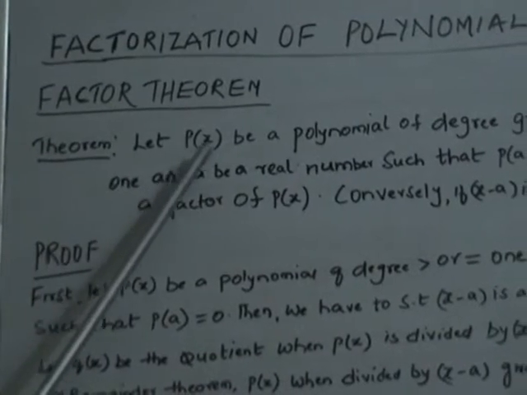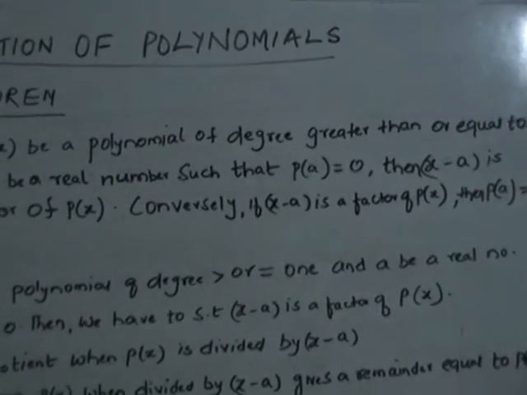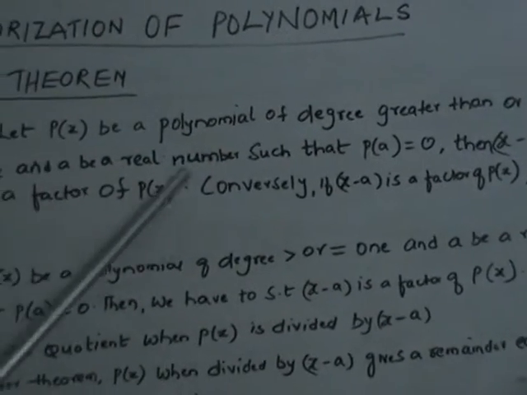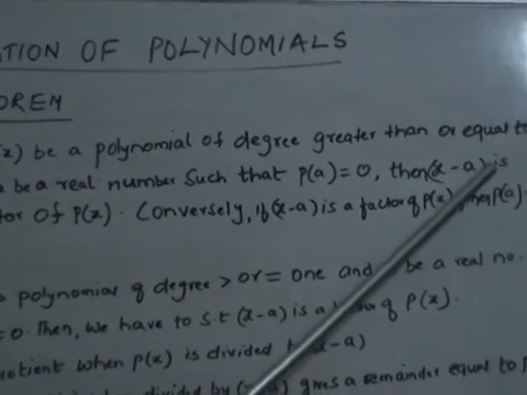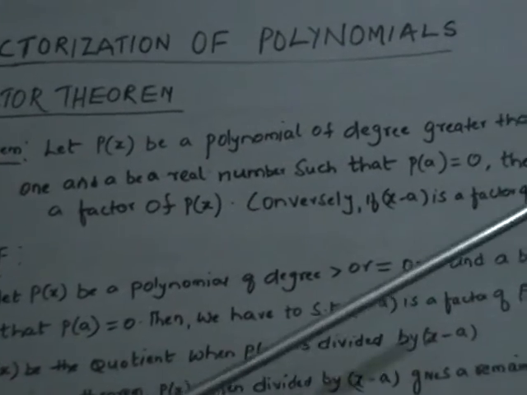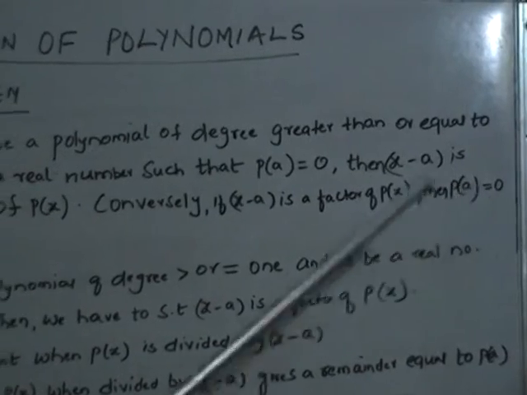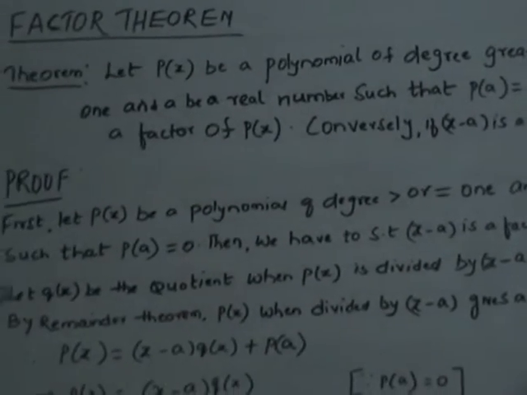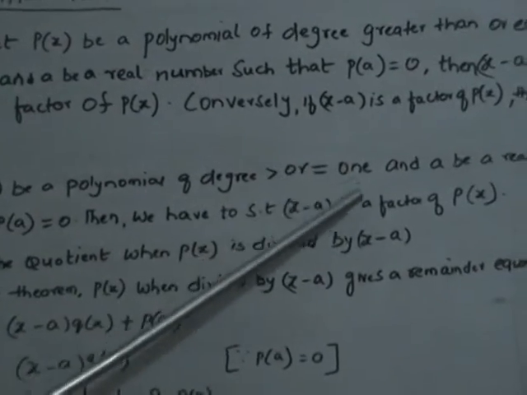Theorem: let p of x be a polynomial of degree greater than or equal to 1 and a be a real number such that p of a is equal to 0, then x minus a is a factor of p of x. Or conversely, if x minus a is a factor of p of x, then p of a is equal to 0. Proof: first, let p of x be a polynomial of degree greater than or equal to 1 and